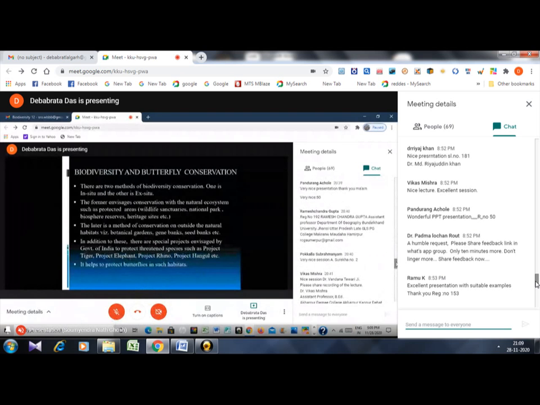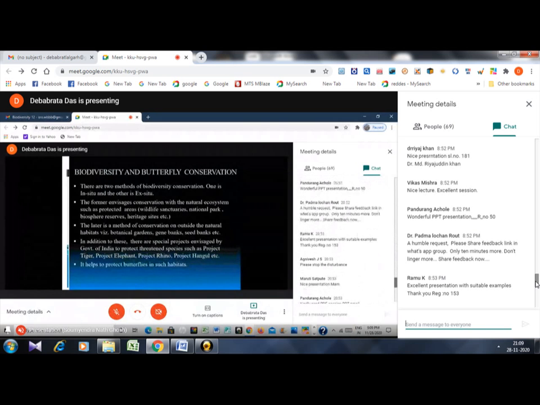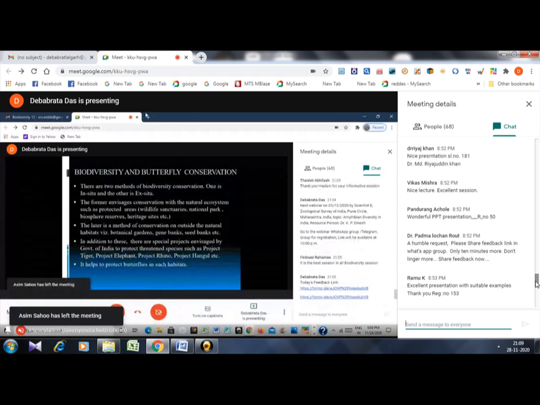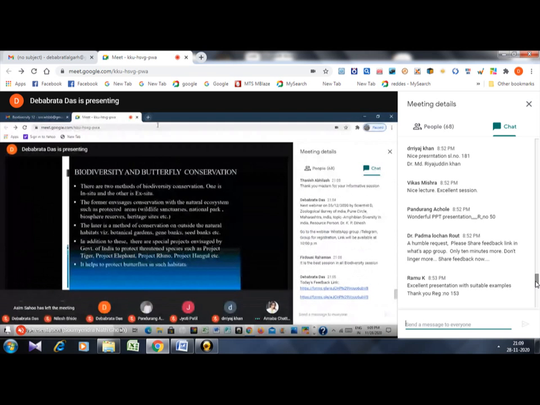Conservation is of two types: in situ and ex situ conservation. If you have gone to a botanical garden, for example, there are plants of other origin and also of Indian origin. If you have gone to an Indian botanical garden, the plants of Indian origin are not brought from anywhere else; they are from India only. That is in situ conservation. But the plants of outer origin are ex situ conservation, meaning they are brought from outside areas.